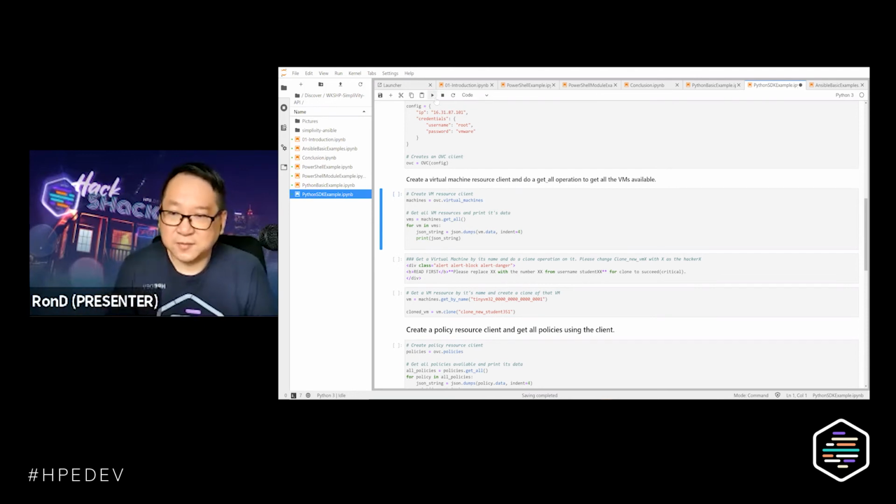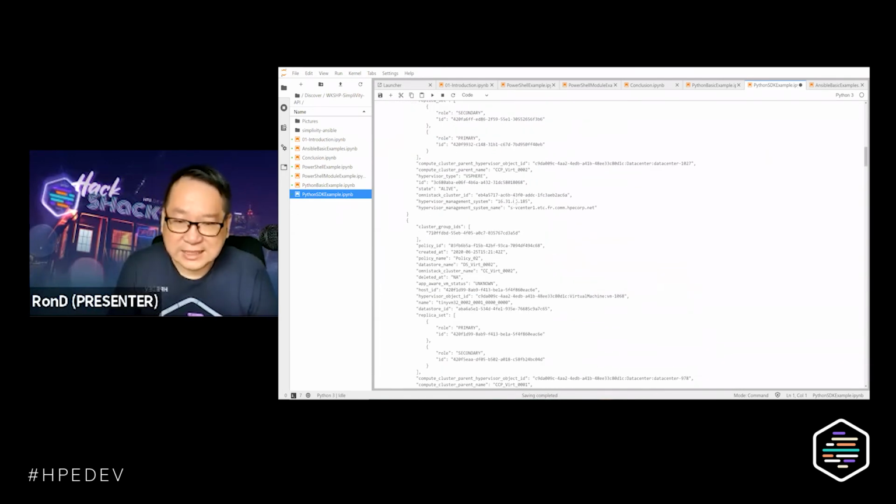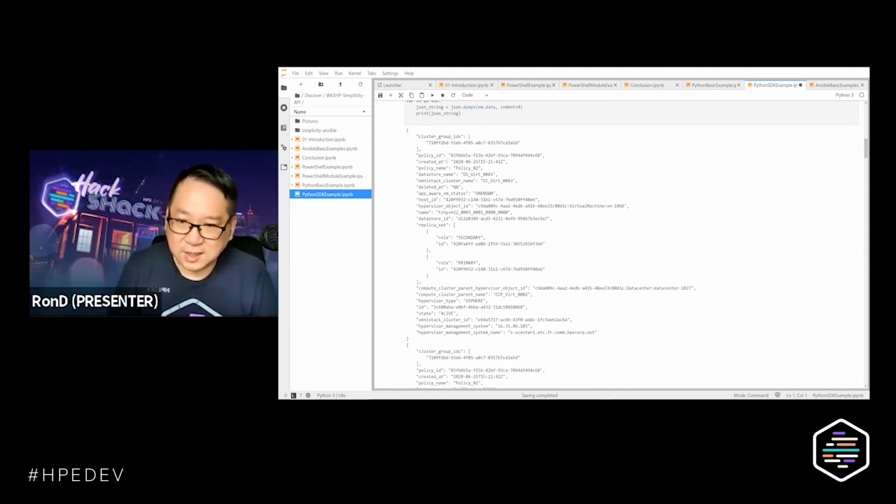For creating the virtual machine, we're first going to display all the virtual machines that are available. Unfortunately, this one is a very long output because this is the structure that is returned by the REST API to inform you what virtual machines are available. For example, here we have this particular virtual machine with the name tinyvm32003001 and so on.